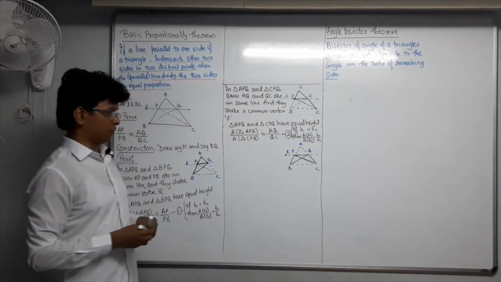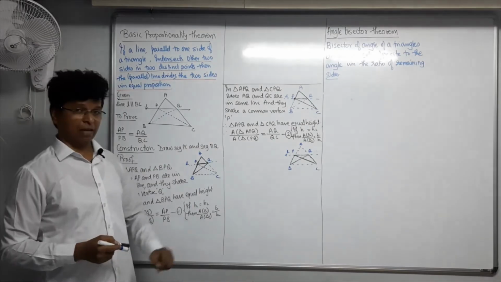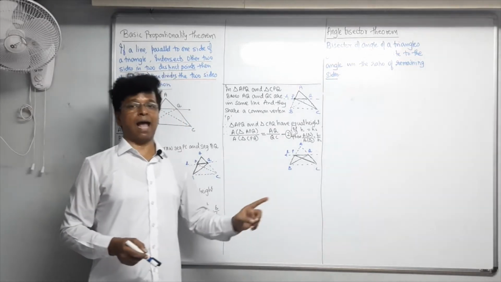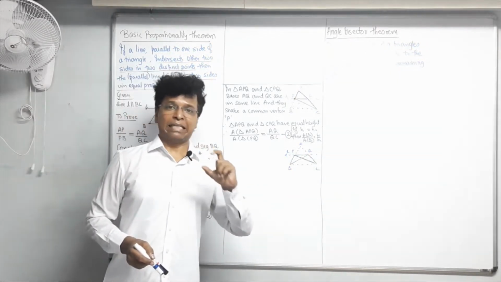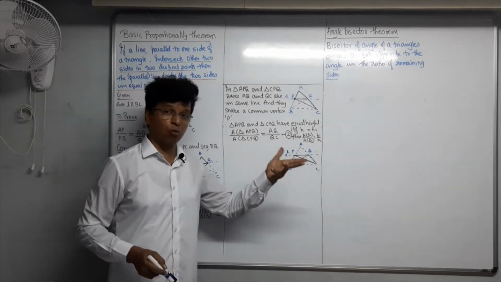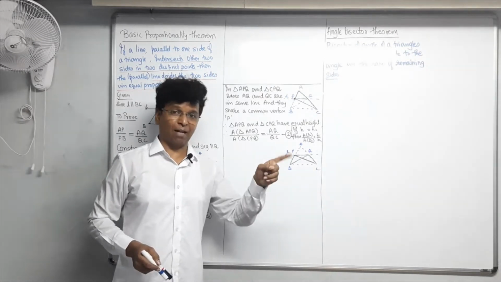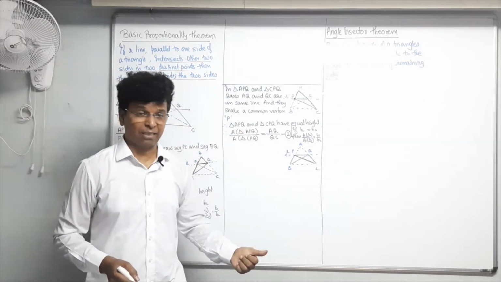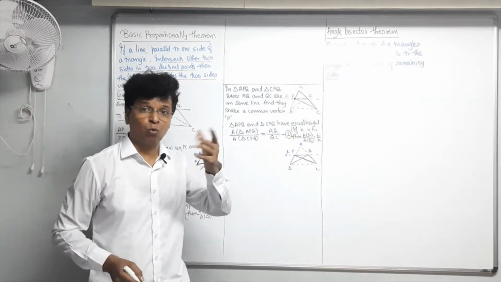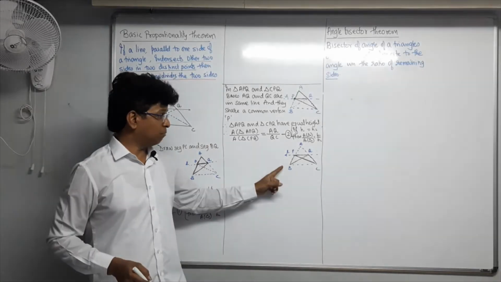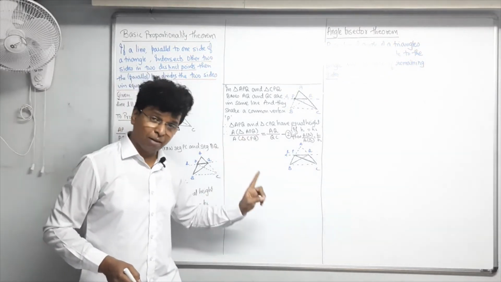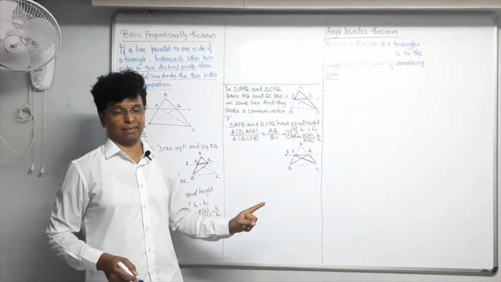So what do you think about them now? They are triangles having the same common base PQ, and they also have equal height. Why? Because they are between two parallel lines. PQ is parallel to BC, which is given, and because PQ is parallel to BC, these two triangles are between two parallel lines, and hence they will have equal heights. So the triangle BPQ and triangle CQP have common base and equal height.